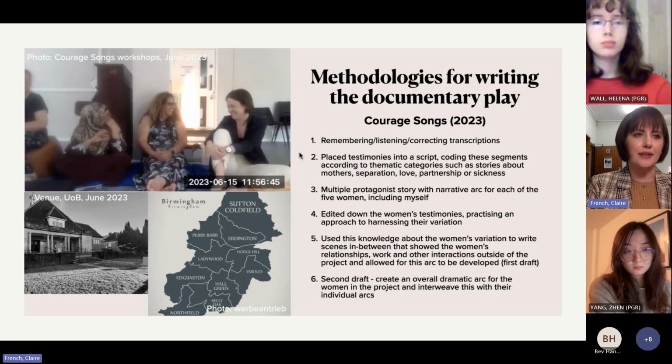And so to create a sense of liveness and tension, I then changed the Claire character, who became Sarah, into a slightly more naive person who learns a little bit about what she's doing through the process, which of course I learned a lot, but I separated her from me in that draft in order to then build a sense of tension in the project itself, and for the audience and the women to be like, what the hell are you doing here?